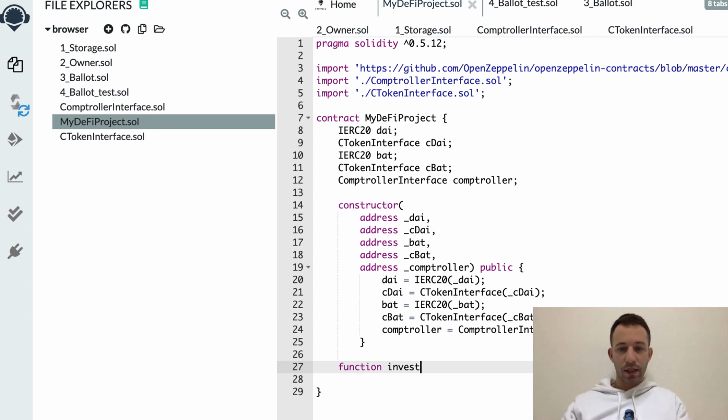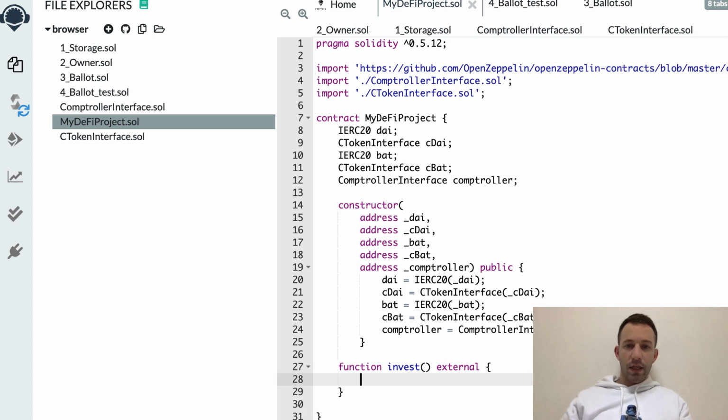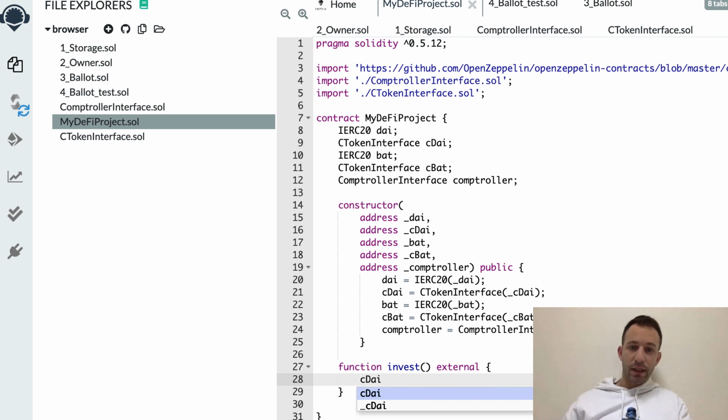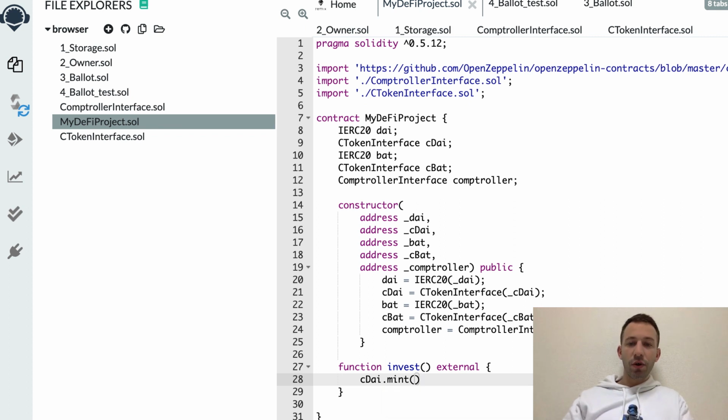We're gonna call it invest, and here we're going to use the pointer to the cToken of cDAI, and it has a function called mint where you tell it how many tokens you want to send it, and in exchange it is going to send you some cDAI. For example, let's say we are investing 10,000 DAI. So if you do just this, do you think it's going to work? No, it's not going to work,